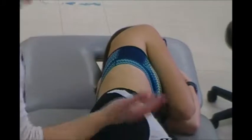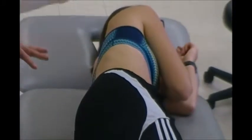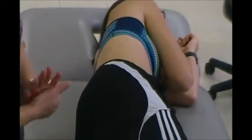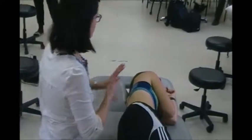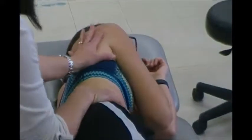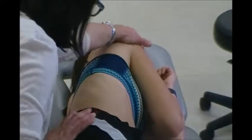What's nice is she's in sidelying, so if she has secretions, she's just going to drool it out, maybe. Or maybe I need some suctioning, something like that. But it's just a really nice technique there. So I'll go through a whole cycle so you can see what it looks like. Right? So kind of just following first. Okay,